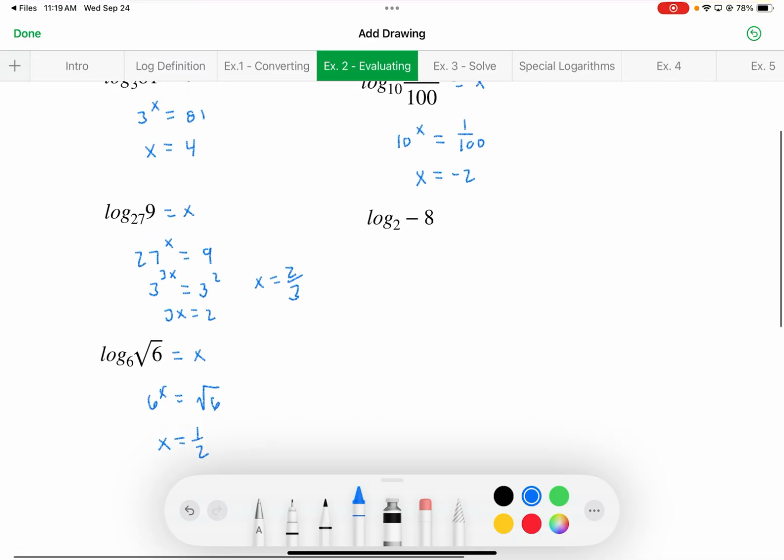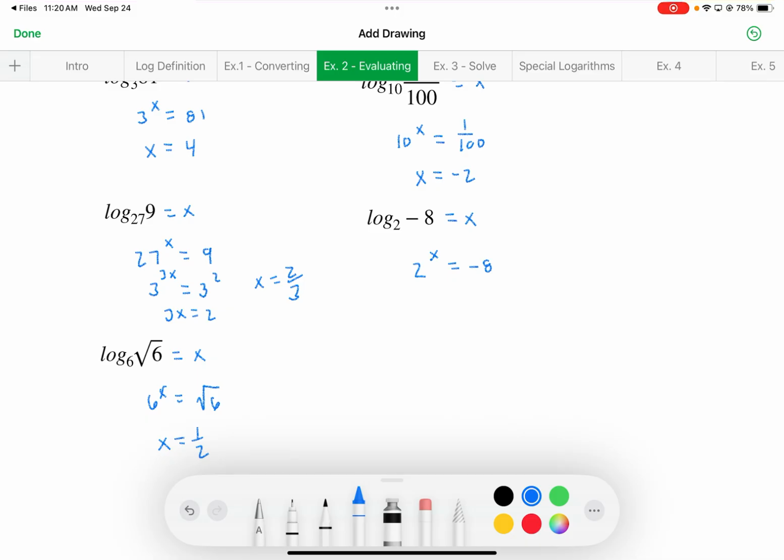Okay, next one and last one here. Log base 2 of -8. Set it equal to x. 2 to what power is -8? Don't say -3. What's 2 to the -3rd power? 1/8, right? 2 to the -3rd is the same as 1/2 cubed. Okay, so what's the answer here? 2 to what power is -8? There isn't one, right? There's no real number that I can raise 2 to the power of that's going to